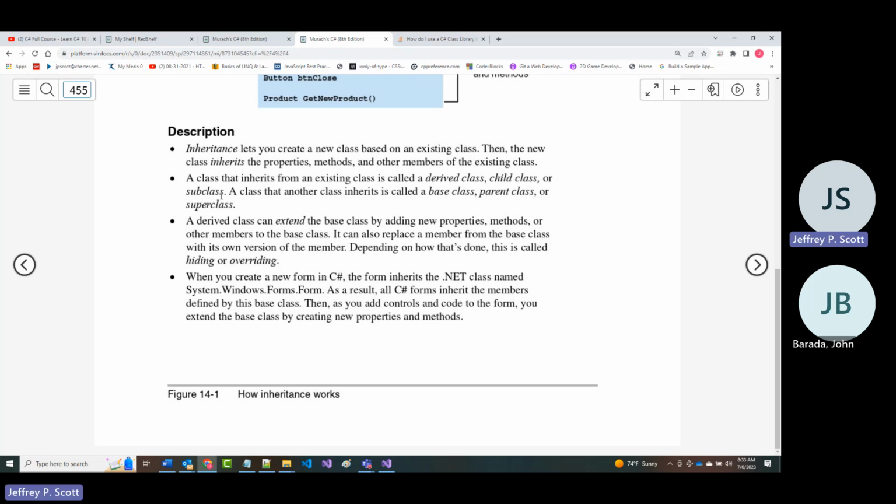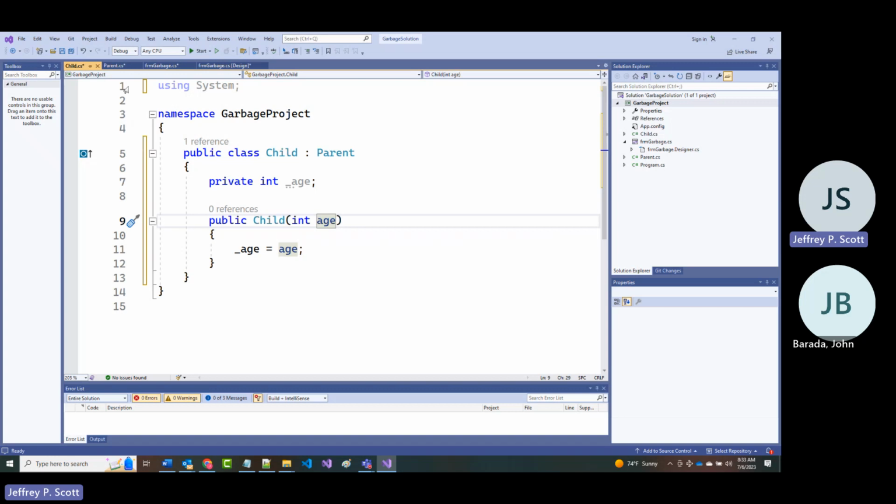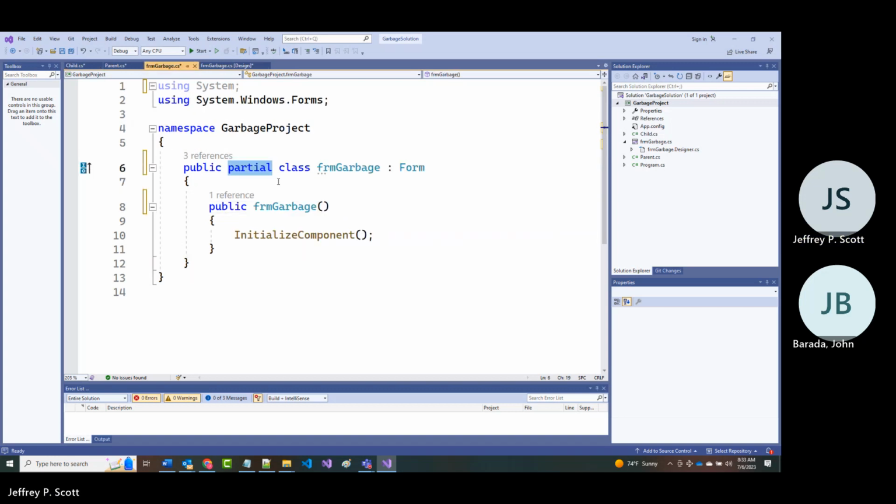Now, notice it says in here, when you create a new form in C#, this is what I just showed you. The form inherits the .NET class named System.Windows.Forms.Form. Guess what? You already saw that. Somewhere in this class, that's under System, that's under Windows, that's under Forms, there is something in there called Form.